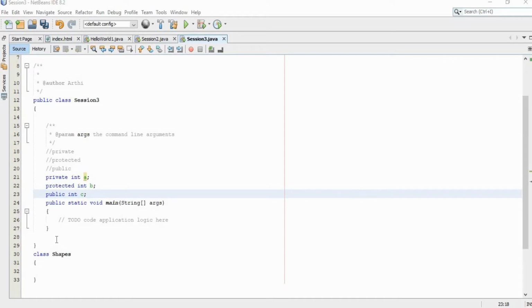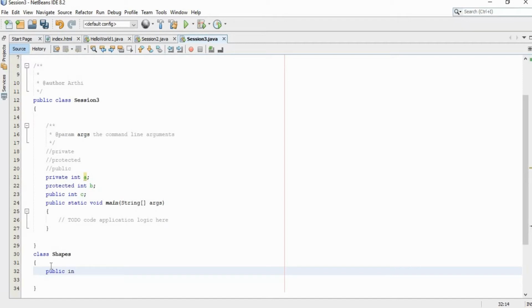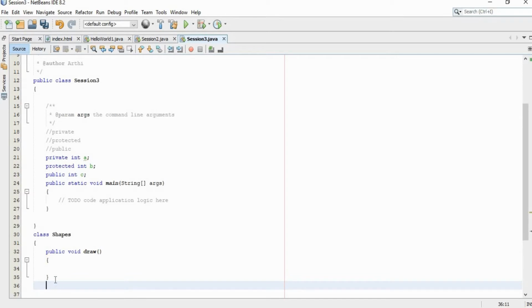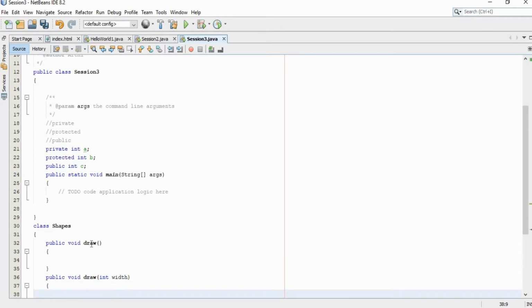Let's say in this particular class we have a function called draw, right? Here, if I am using another function, public void draw, these two functions can be considered overloaded functions, as we have a draw function with no argument and another draw function with a single argument, right?